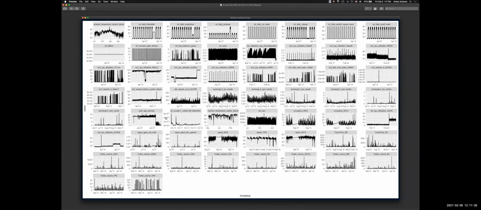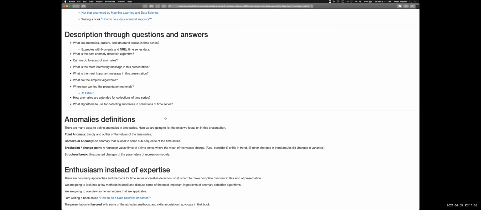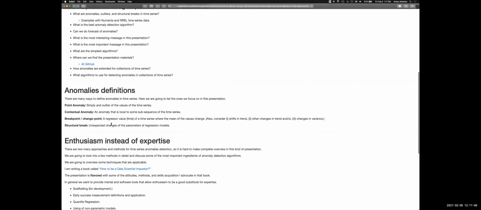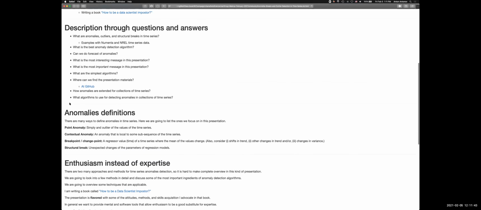All right, so these are the examples. I'm going to go back to the definitions. Here, what is the best anomaly detection algorithm? There's not a best one. Every algorithm for anomaly detection is good in some cases, maybe not necessarily narrow; in some cases they're more universal, in some cases they're more specialized. There are many packages and implementations of different anomaly detection algorithms for time series.